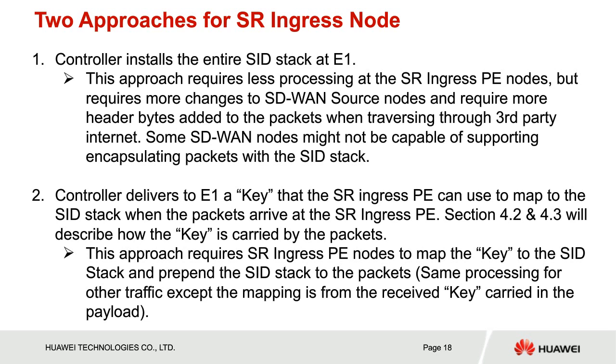Another approach is that E1 carries the metadata. This metadata can be in the form of a VXLAN VNID, or it can be a GRE key, to represent the metadata of the application. Then the provider VPN can use this metadata and map it into the appropriate property to forward within the provider network.